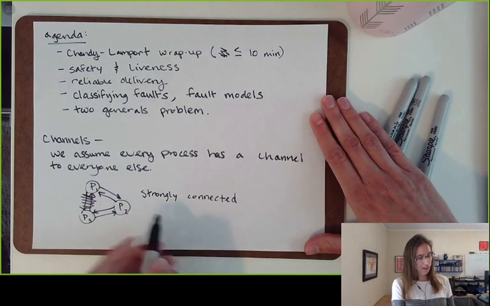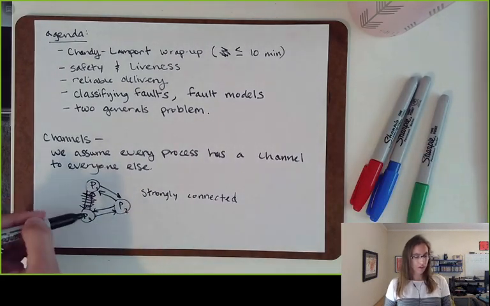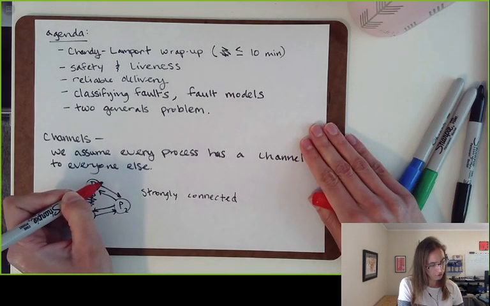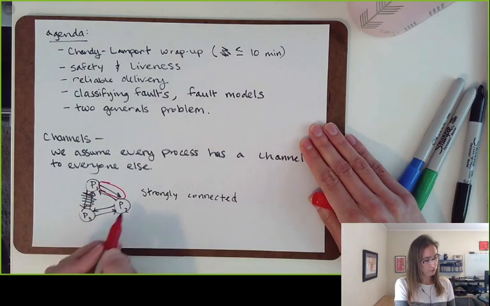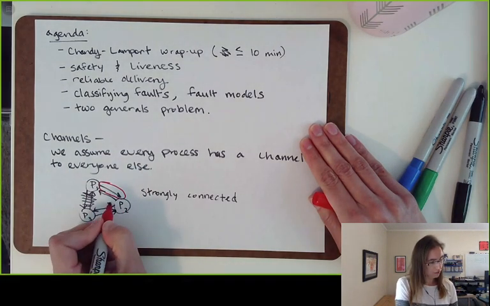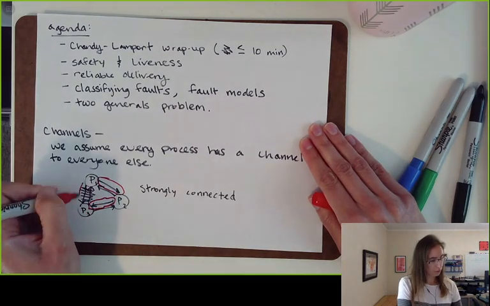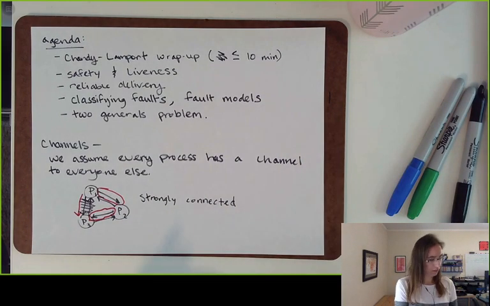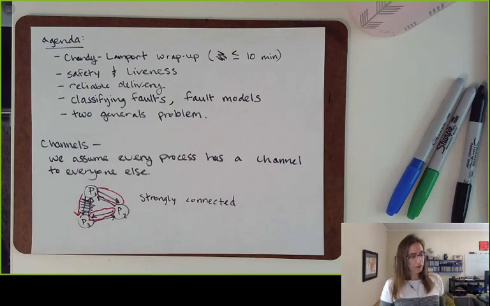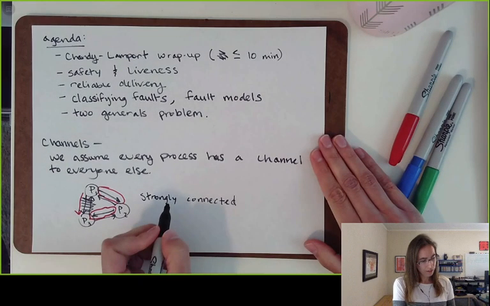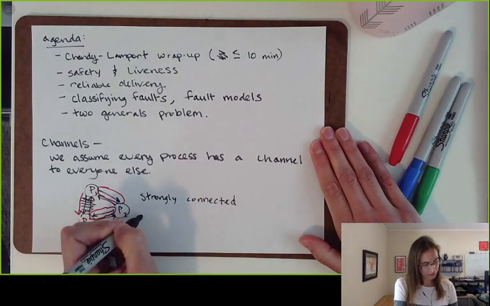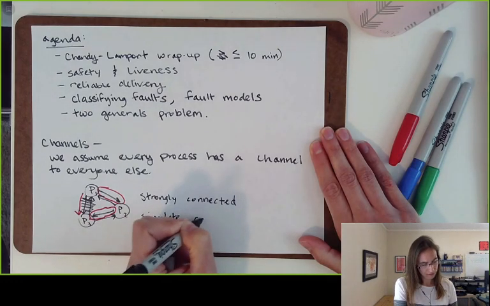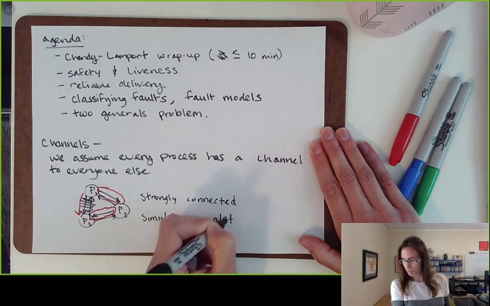If we can simulate that, in other words, if process 1 needs to talk to process 3, they can do it by simulating those messages, by passing a message to process 2 here and saying, this actually isn't a message for you, it's a message for process 3. So you could fake having this arrow here by just going this way and telling process 2 to forward the message along. And likewise in the other direction. So as long as your graph is strongly connected, you can simulate having a complete graph, where complete just means that everybody is connected to everybody else.